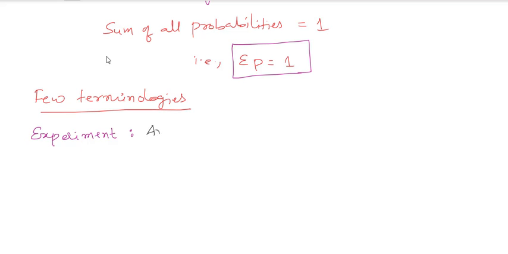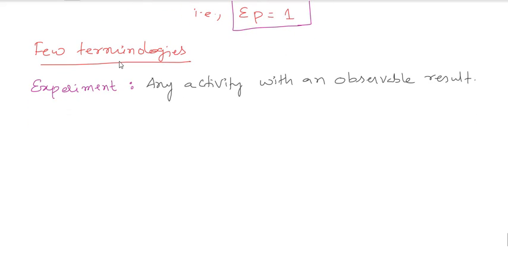So simply, any activity with an observable result I can call an experiment. Examples: tossing a coin, throwing a dice. The most common examples in probability are rolling a die and tossing a coin, which is called an unbiased coin. There is a difference between biased and unbiased, which I will explain later. You don't need to worry. Next one,